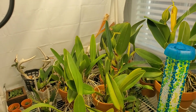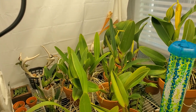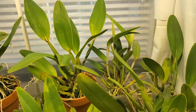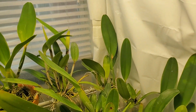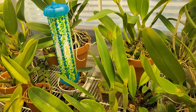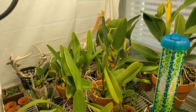Chadwick's book about Cattleyas has a graph of all the different blooming times of different Cattleya species, and rexes are right there in July and August. And that's how they bloomed for me when I was growing them conventionally with a kind of cooler winter. But I have kept the daytime temperatures warm all winter long, and they are falling more into what I understand to be their natural rhythm, which is really cool,